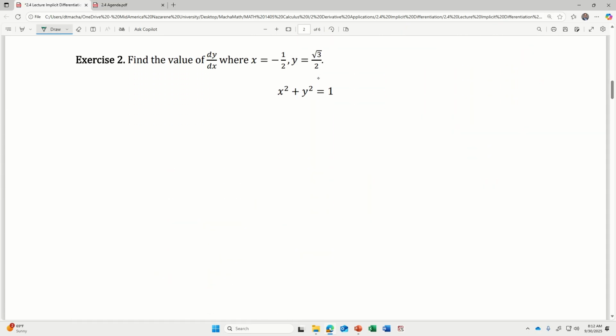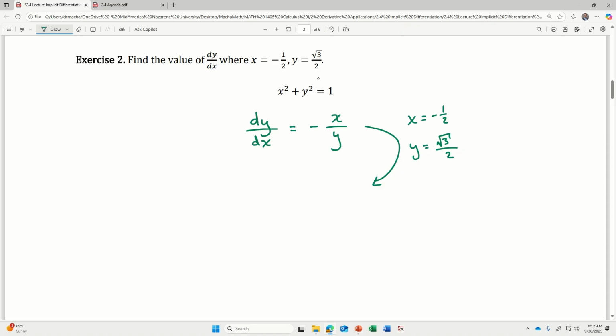Another question I can ask is find the value of the derivative where x is equal to a particular value and y is equal to a particular value. Like this time x is equal to -1/2 and y is equal to square root 3/2. And we have already used implicit differentiation in the previous example and found that dy dx is equal to -x/y. But this time, if I say x is -1/2 and y is square root 3/2,